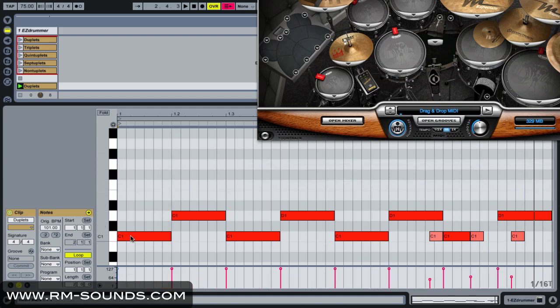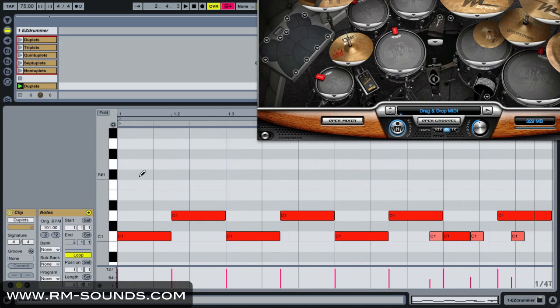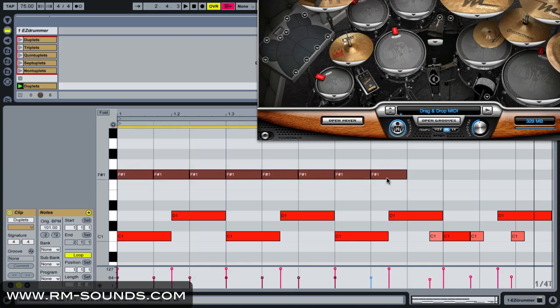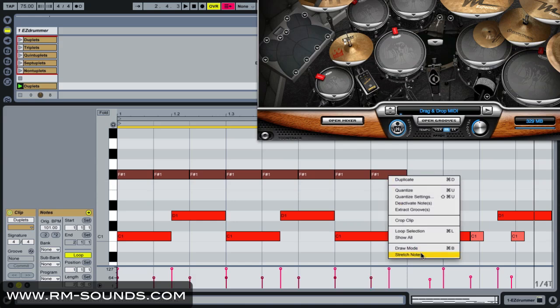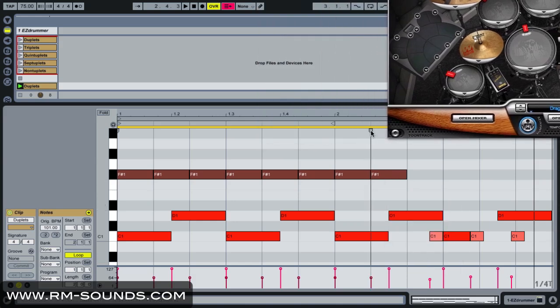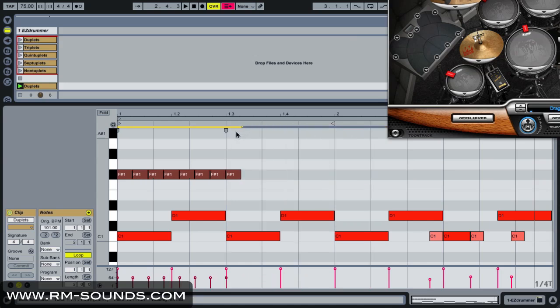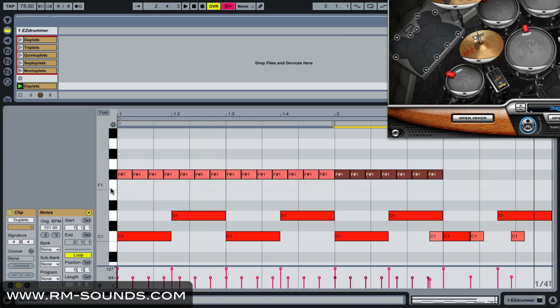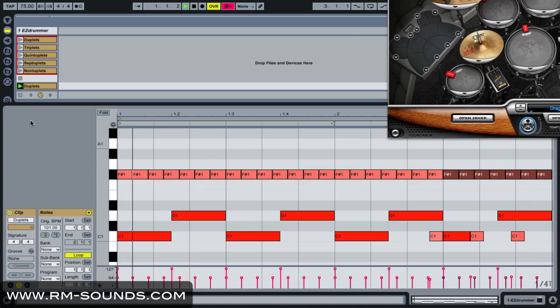So another example, if I delete all of these, let's say we want to do 7. Rather than doing 7 to the quarter, let's do 7 to the half note. So it really doesn't matter what grid you're working in. You just want to draw in 7 notes of equal length. And then add that 8th as your anchor. Right click, go to stretch notes. Let me just move this out of the way, and you can see here we're going to drag our 8th note to beat 3 of bar 1. And now if we duplicate that and click play,